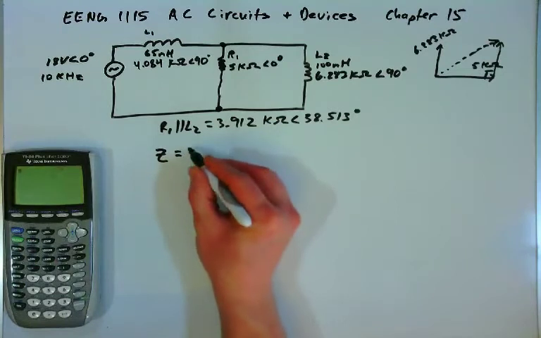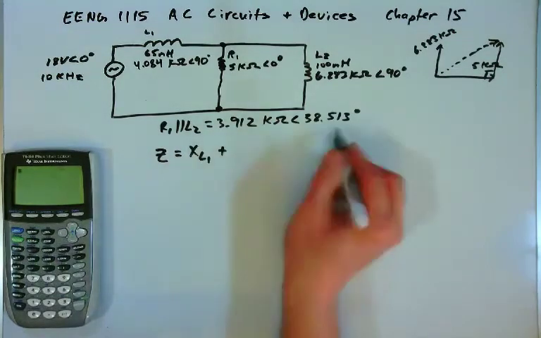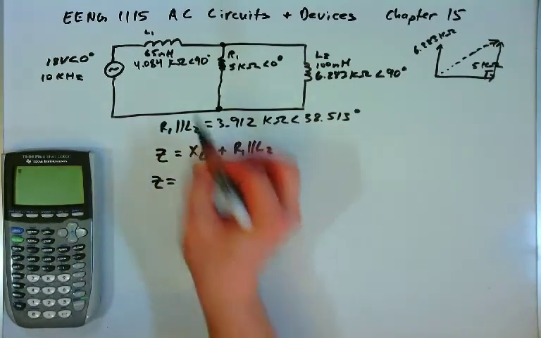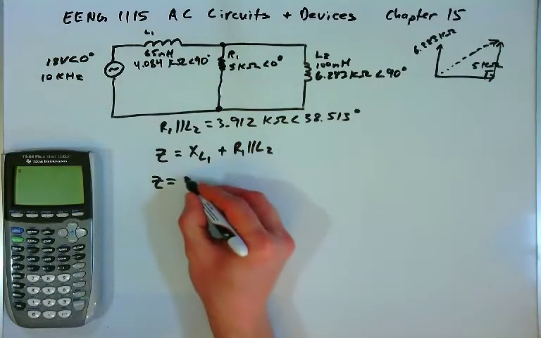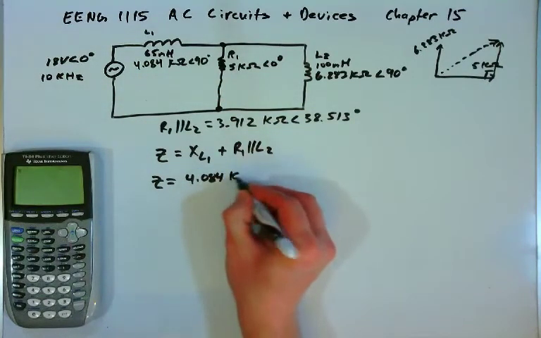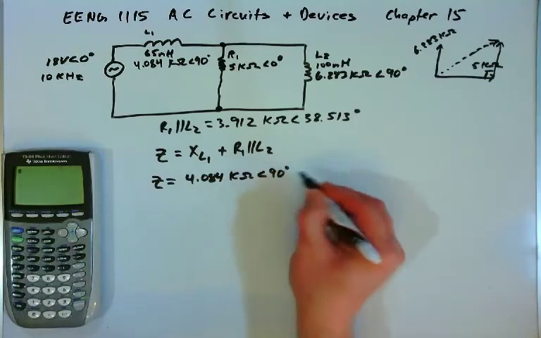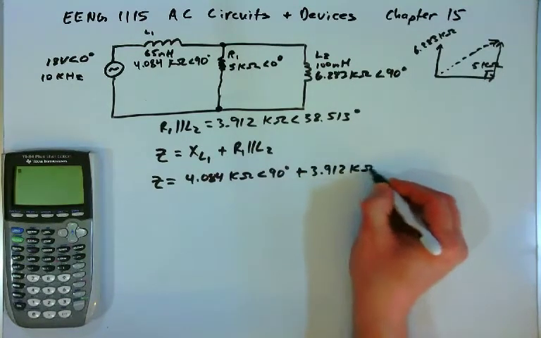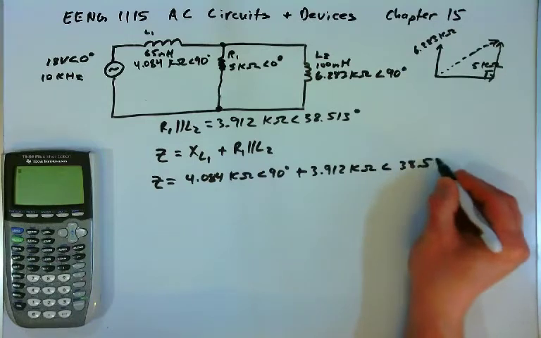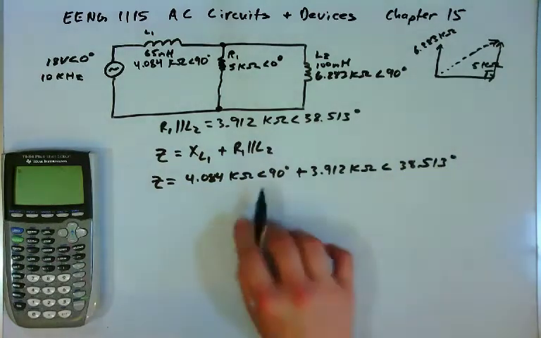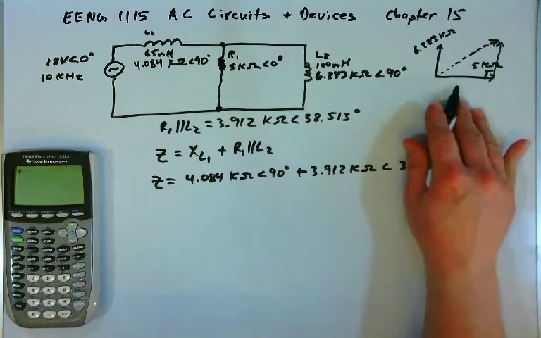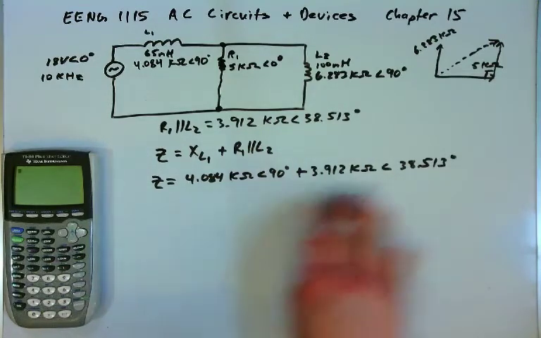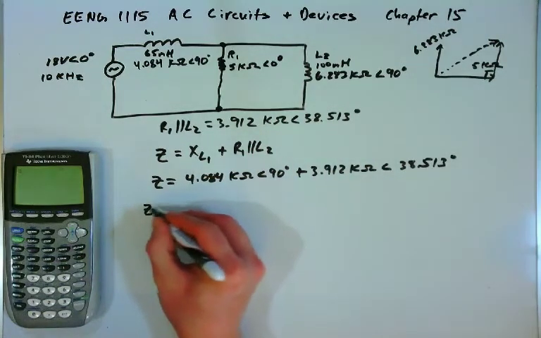The total impedance now for the circuit will be X sub L1 plus the parallel combination of R1 in parallel with L2. And so the total impedance will be X sub L sub 1, which is 4.084 kilo ohms at an angle of 90 degrees, plus our combination in parallel, which is 3.912 kilo ohms at an angle of 38.513 degrees. And so these vectors are not 90 degrees apart. We can't just simply apply Pythagorean theorem if the vectors are not 90 degrees apart. So we'll have to convert these both to x, y coordinates